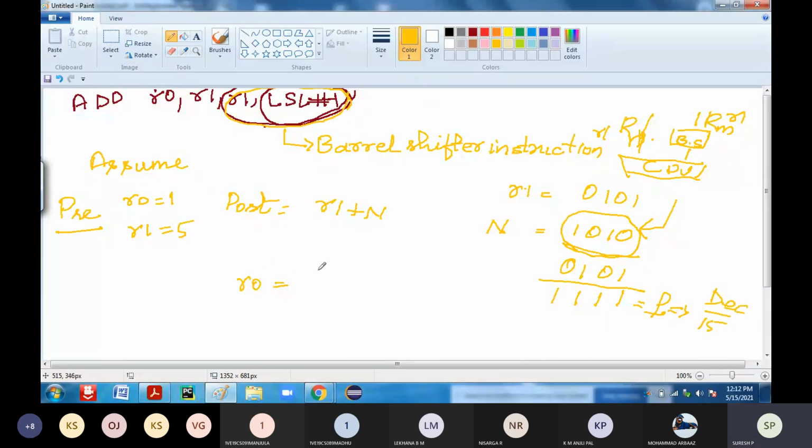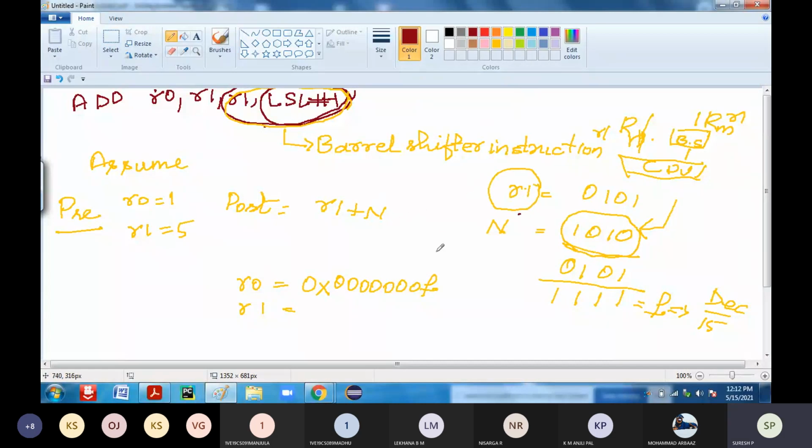Okay, so now how is it represented? This is R1. If it is represented in hexadecimal, it will be all zeros, since it is a 32-bit value, followed by F. Now whatever updation is happening with respect to R1, you can take it here.